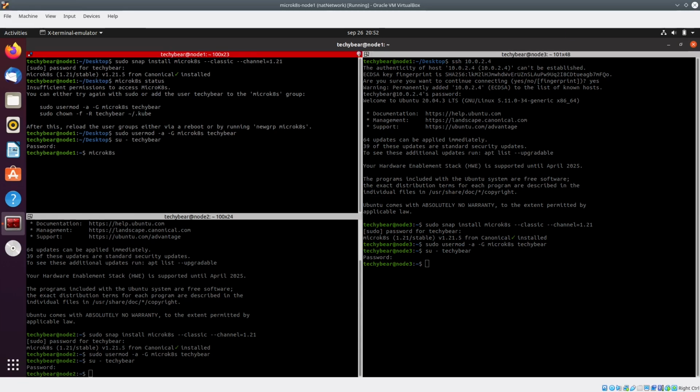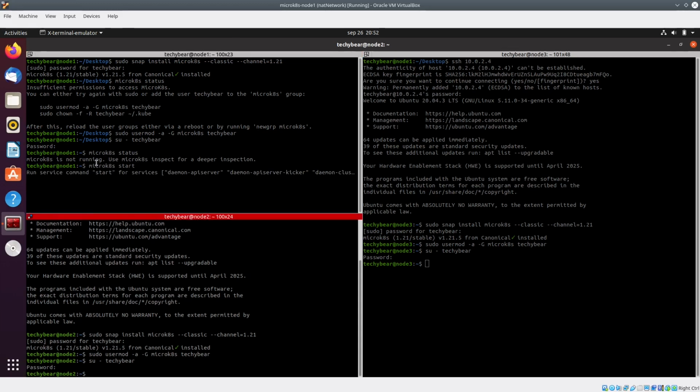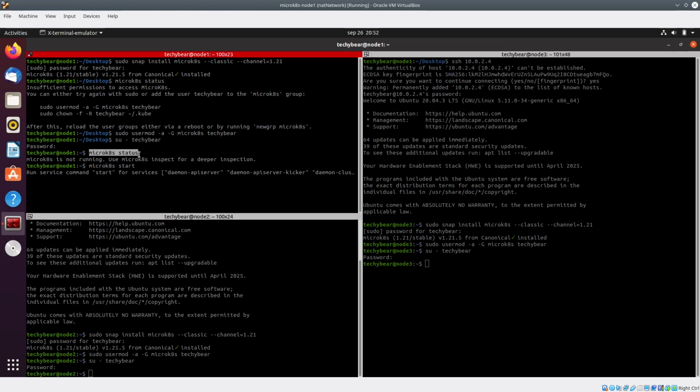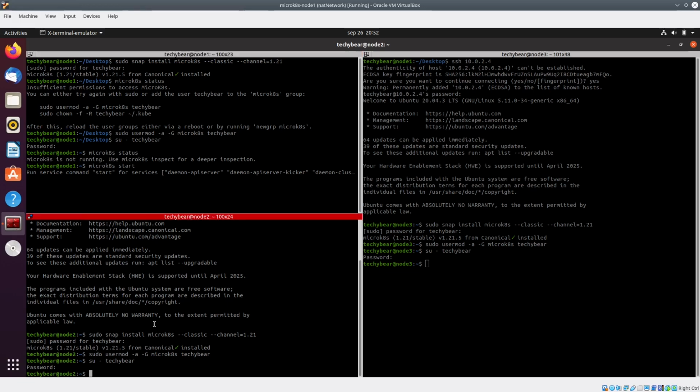And now microk8s status, let's check. So it is saying microk8s is not running. Let's start microk8s, and we can run the same command, microk8s status.